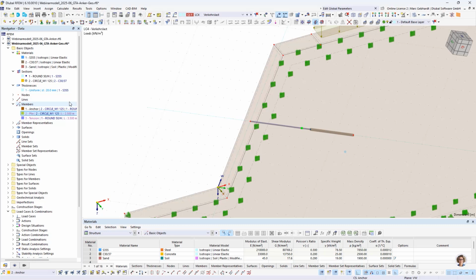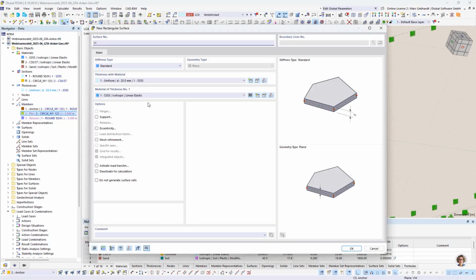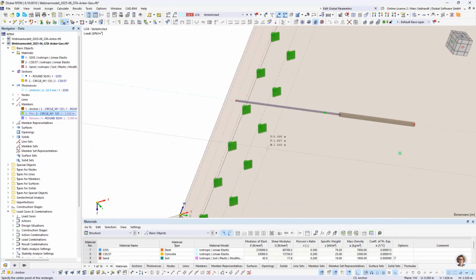So we go further and do a new surface via the center for the plate. Should be 50 millimeters larger than